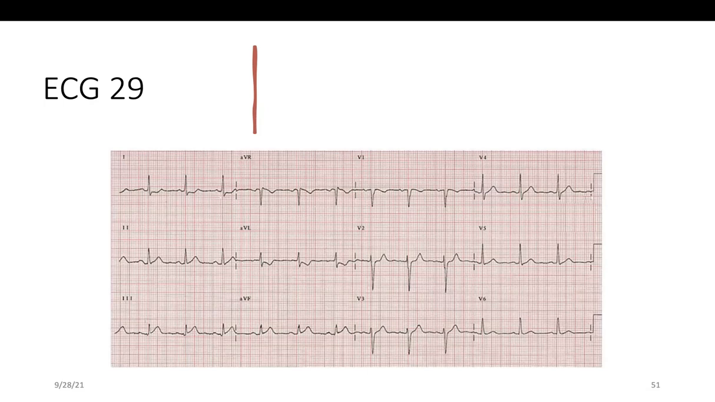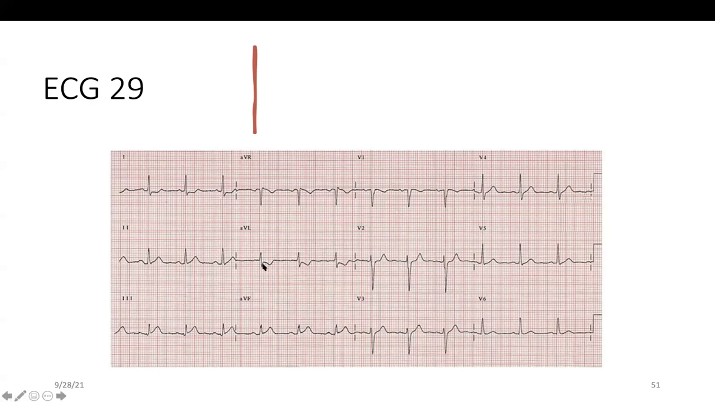ST elevation in the inferior leads with reciprocal changes in 1 and AVL. I mean, slight ST elevation in the inferior leads with ST depression in 1 and AVL. So what do you think is this? Inferior. Inferior. Excellent. You know, what we discussed earlier, AVL is almost 90% specific for inferior wall MI and subtle inferior